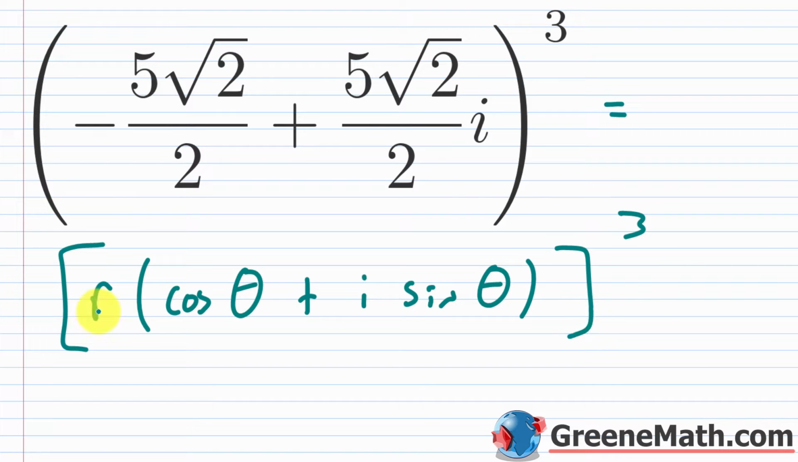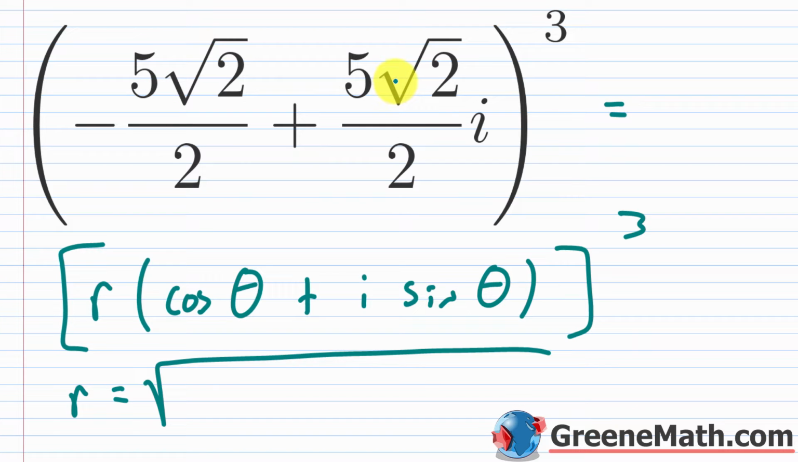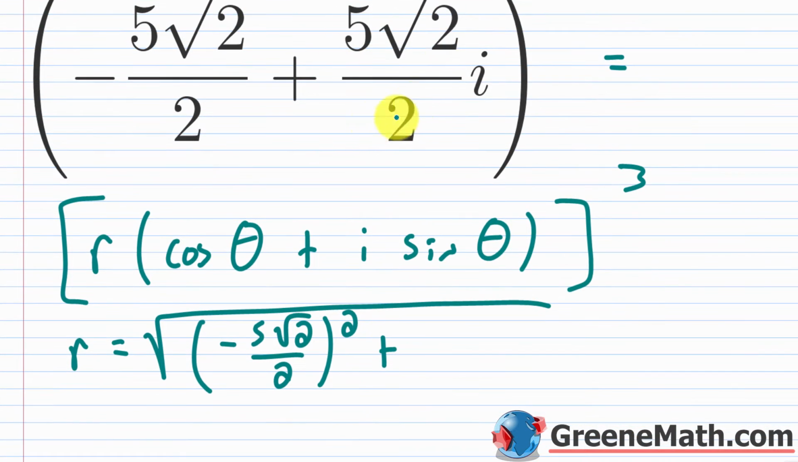Okay, let's start out by finding the r value. Again, that's the absolute value of the complex number. So we'll say that r is equal to the principal square root of, you want this guy squared plus this guy squared. So in other words, the real part, which is negative 5 times square root of 2 over 2, being squared, then plus this guy right here, the imaginary part, so 5 times square root of 2 over 2,